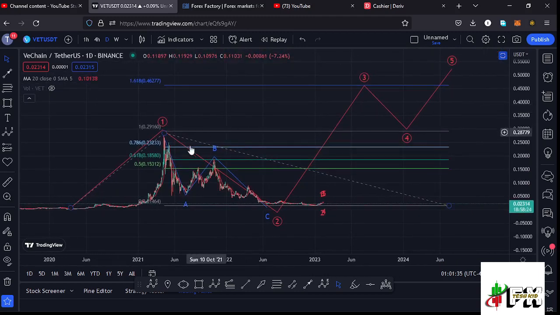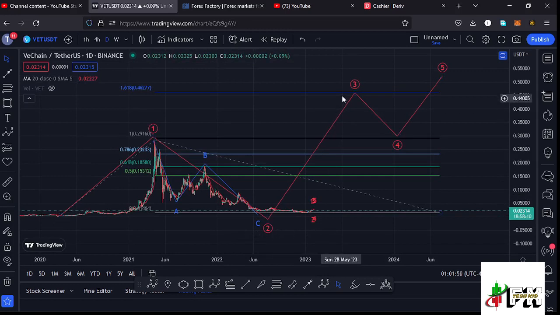Then we started the bear market, where we had been seeing lower prices in this ABC corrective structure, which took us back to around the $0.015 mark in what I'm terming as a larger Elliott wave contour. And on the long-term scenarios, whatever we expect next is a bounce to the upside in the formation of this wave 3, which I have a target area to the upside in the formation of that wave 3 at the fib level 1.618, which perfectly lies at around the